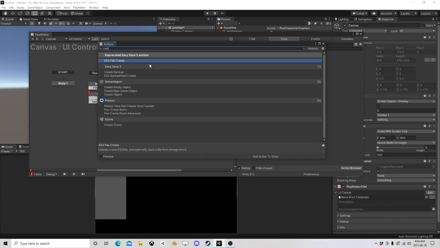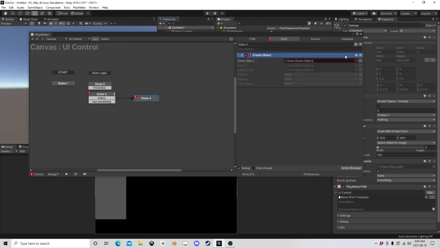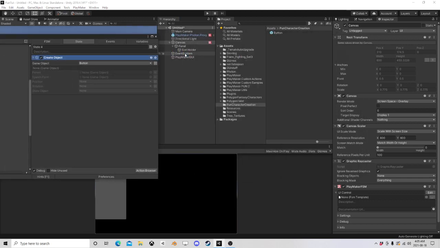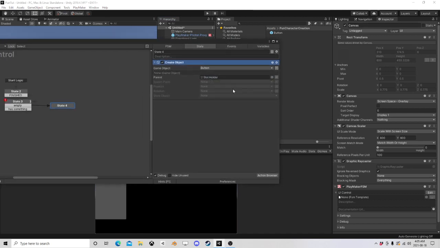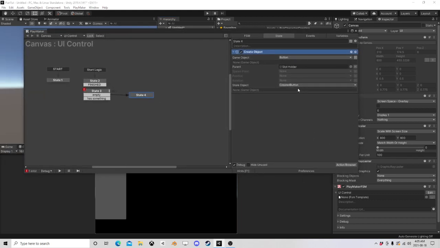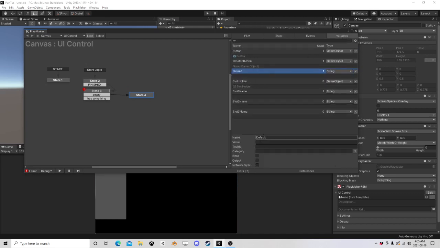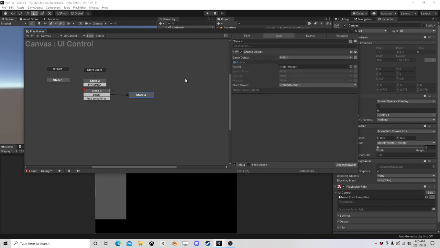let's create a button, and the parent is going to be slot holder, and we're going to store that as the created button. No, let's call that something. Let's call it created button 1. Created button 1,